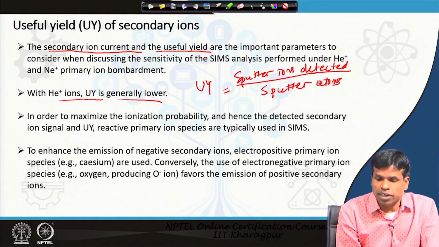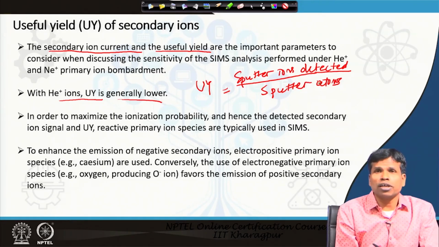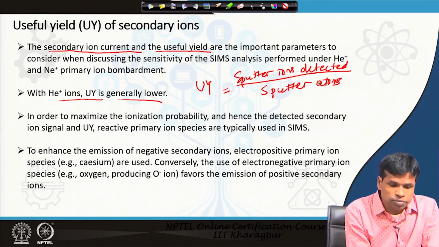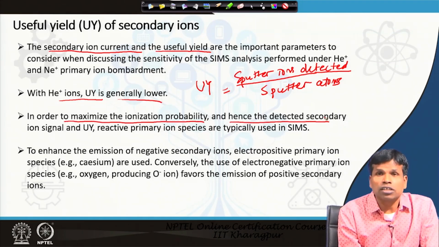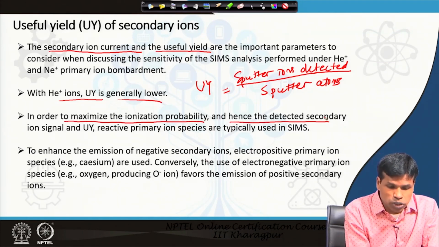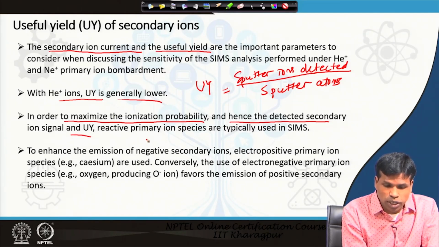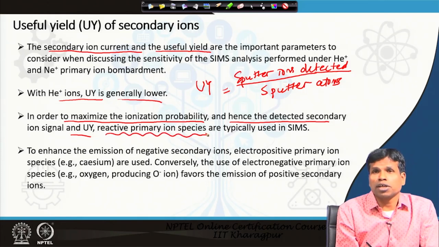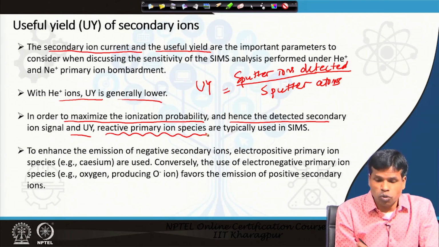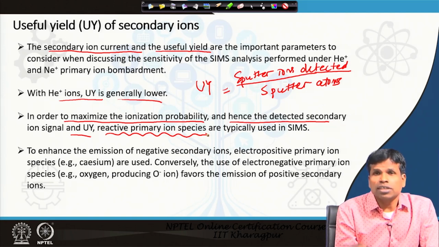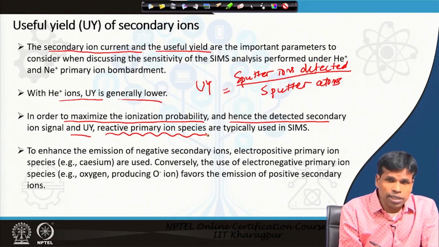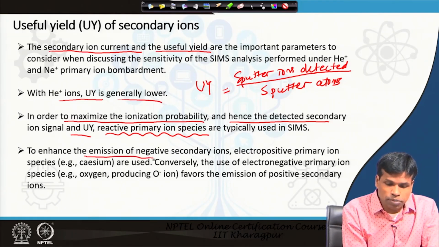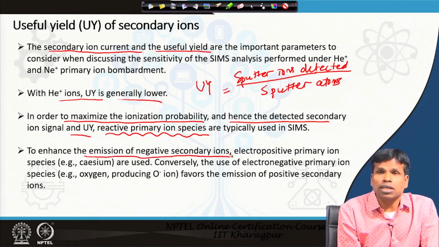This is the useful yield, and this useful yield is generally lower with a helium ion microscope. In order to maximize the ionization probability, that is, the secondary ions, we need to use some reactive primary ion species. The reactive primary ion species would react with the surface and allow us to produce more secondary ions, and in particular to enhance the emission of the negative secondary ions,